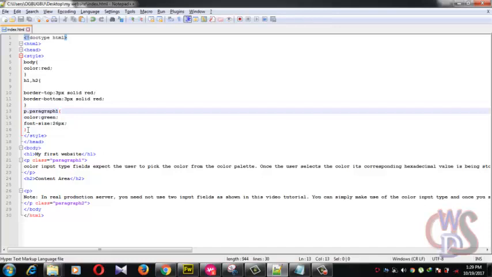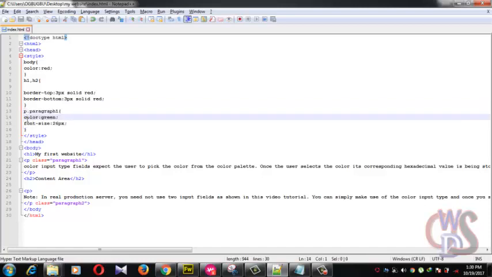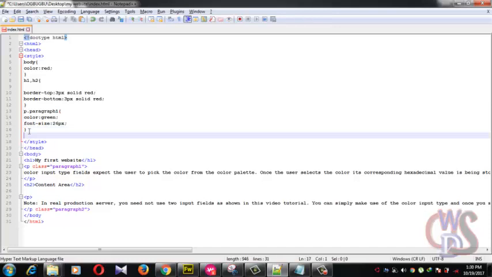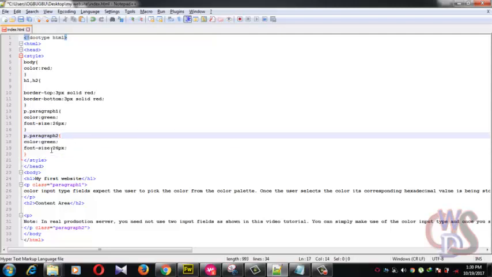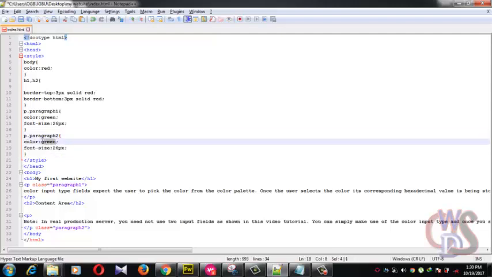So how do we fix that? For paragraph 2, we just copy what we have for paragraph 1, come down here, paste it, and put paragraph 2. Then in the place of the color, we call this blue. If we save it and refresh it,